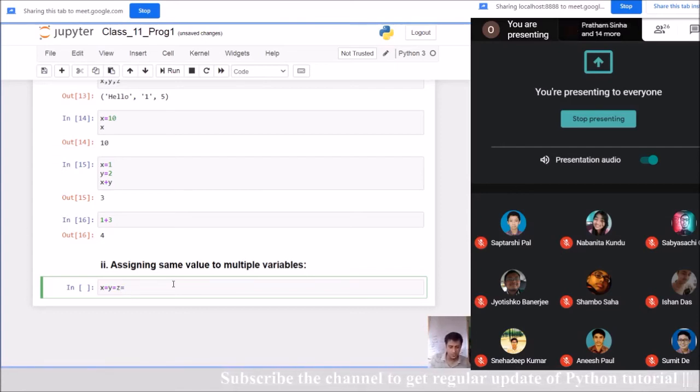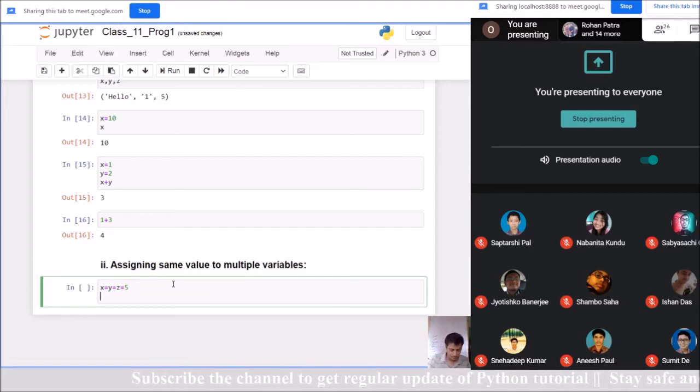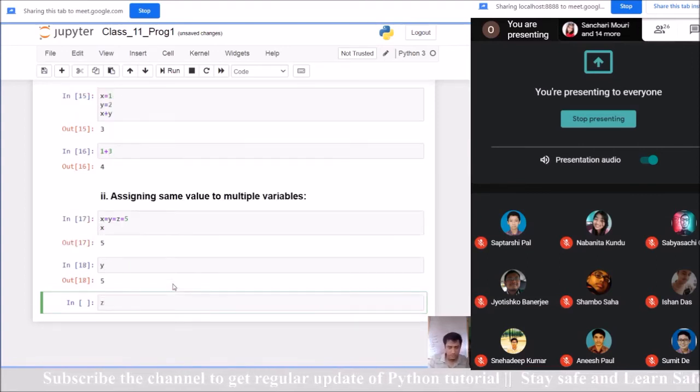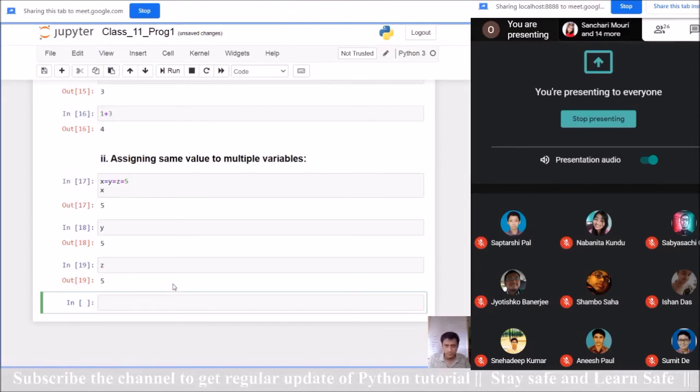You can write this way, and after that you can write x, y, z. So this way for the multiple variables you can declare the same value, and even you can print it.